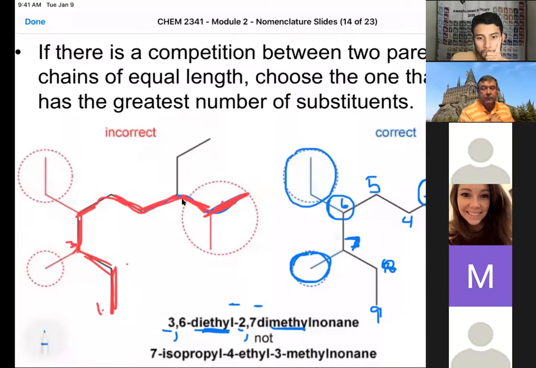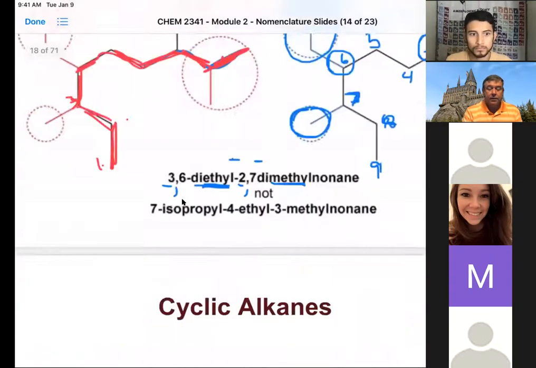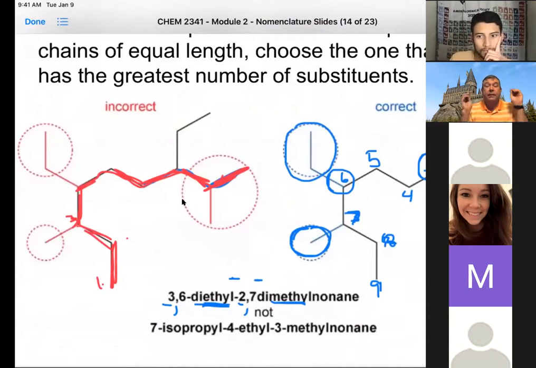Okay. All right, so we've added a new rule of trying to get the greatest number of substituents available. Okay, parent chain, substituents, lowest number if you have to look to the second or third substituent, and now greatest number of substituents if you have a choice. Okay, where are we? Oh, we're right at time. So that's actually a great place to stop. That's the numbering and labeling of substituents on linear hydrocarbons.